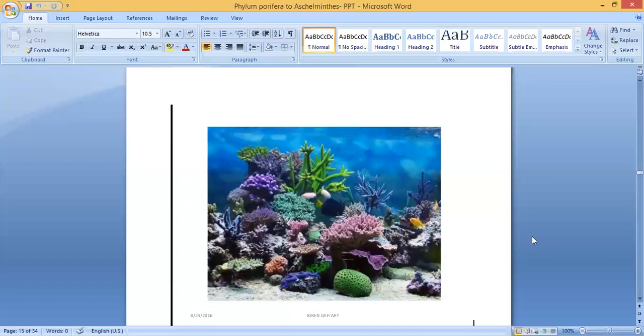Here, look at these corals. These corals are a sedentary form. They are polyps. Polyps means they are sedentary, attached to the substratum. Usually you can see them in colonies, in groups, and you can see clearly how they are connected. They are held together by calcium carbonate. Very beautiful corals you can see under the sea.